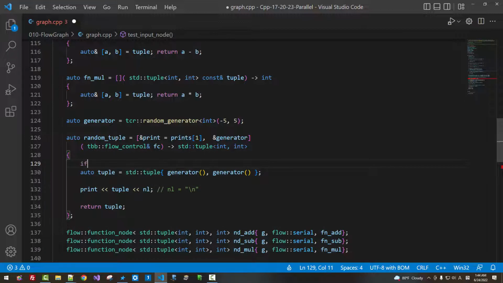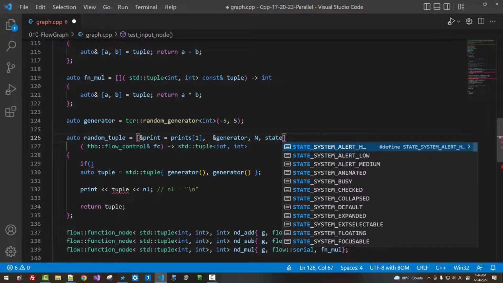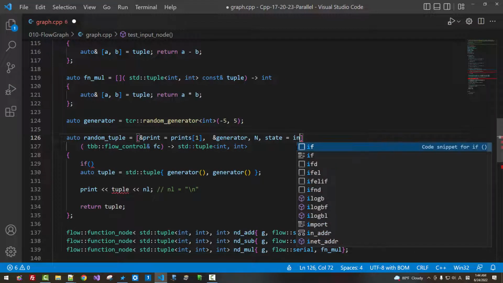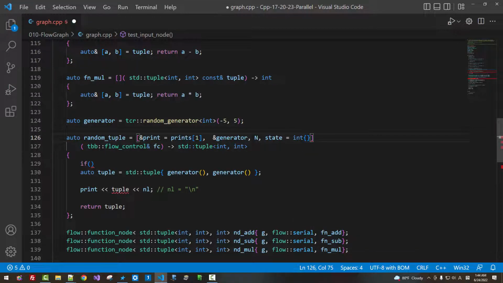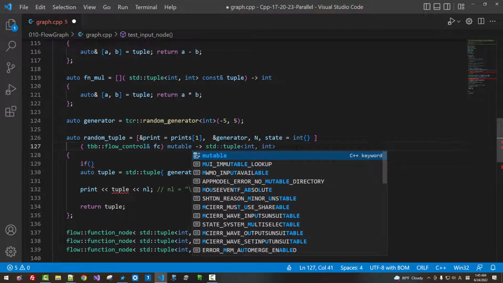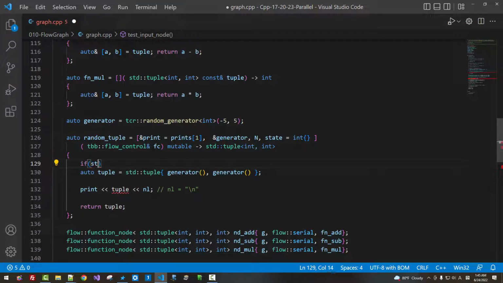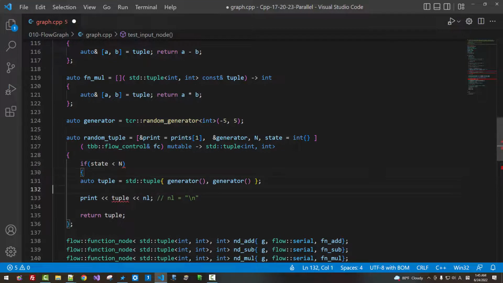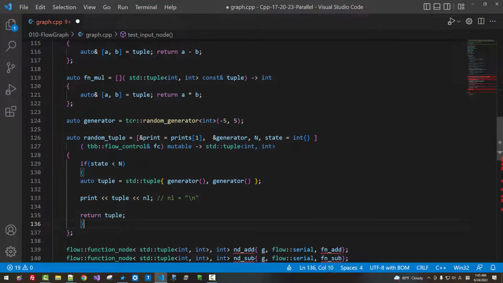Here, we will capture n state into 0, then it should be mutable. If state less than n, we make a block, else